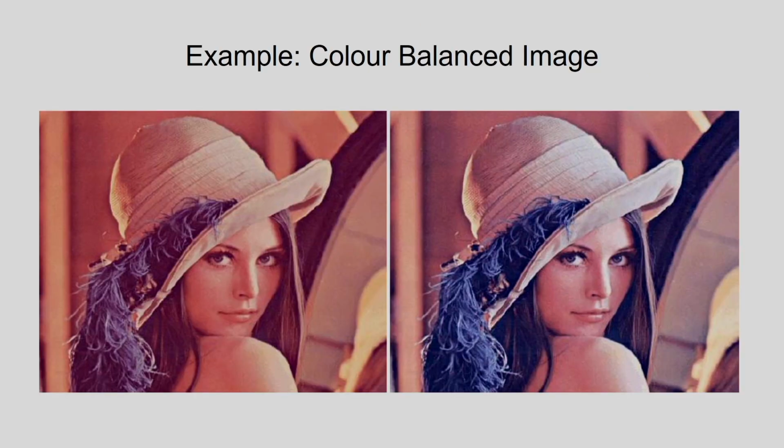So here I can show the example. Corresponding to the known portion here, you can see the eyeball, this portion is supposed to be white. Corresponding to this pixel, R is equal to G is equal to B is equal to 1, that I know. After this I am applying the color balancing technique, and I am getting the output image. So my output image is this, the color balanced image.